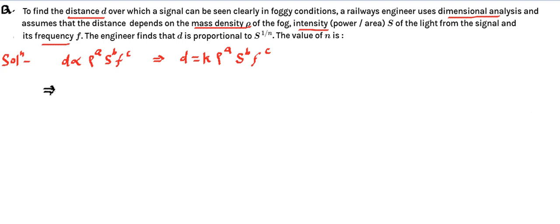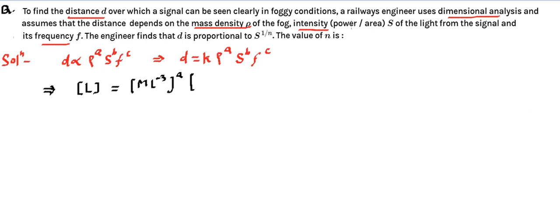We will write the dimensional formula for the left hand side. It's a distance, that's simply length, so it becomes L, is equal to, on the right hand side, k is a dimensionless quantity or number, so it's not going to make any difference. Rho is a mass density, that means mass per unit volume, so the dimension is M, mass per unit volume, that means L raised to power minus 3, the entire thing raised to power a, and then there is